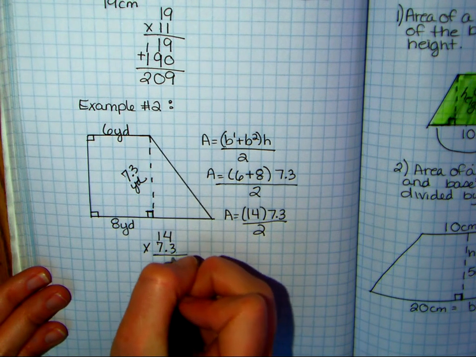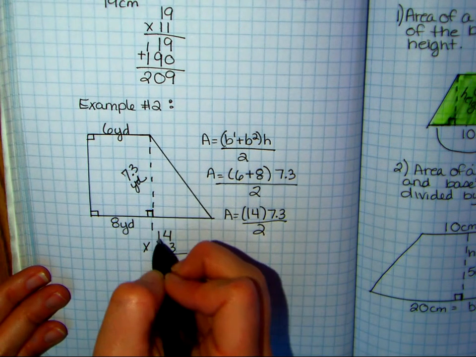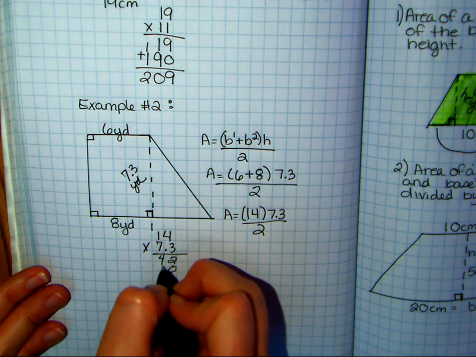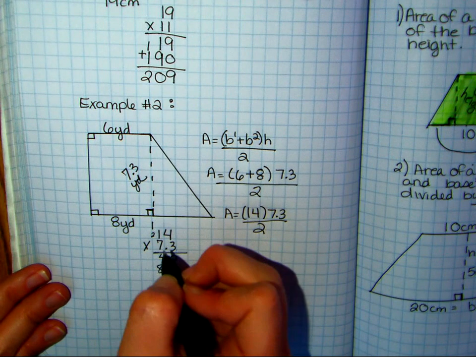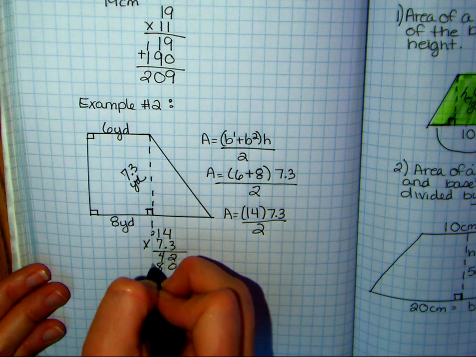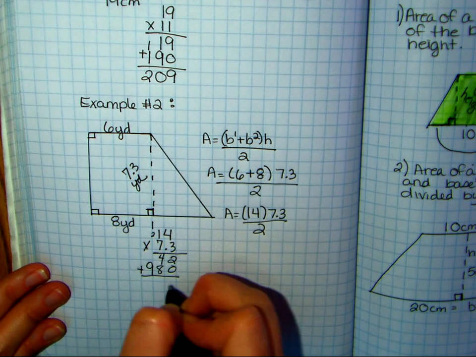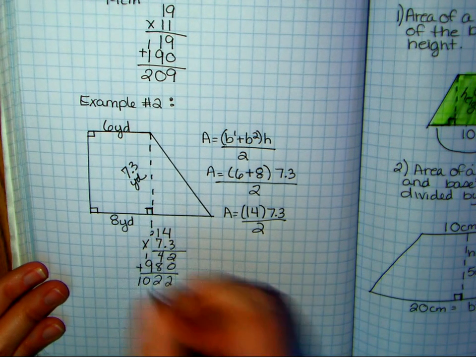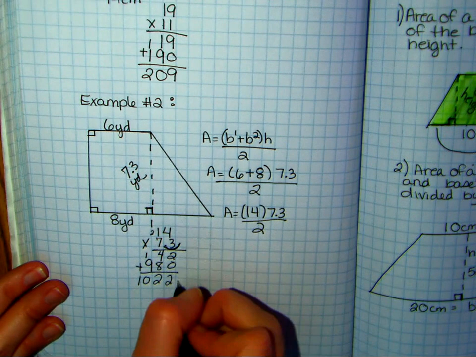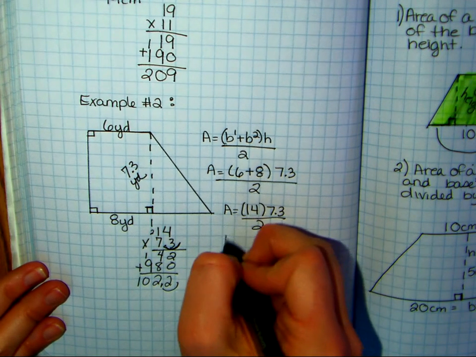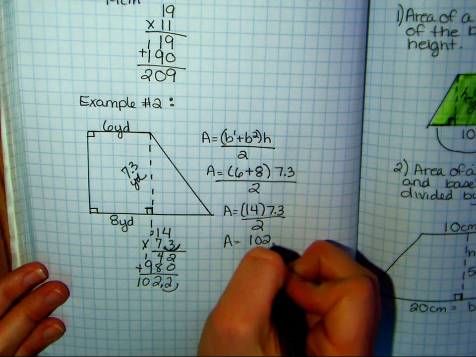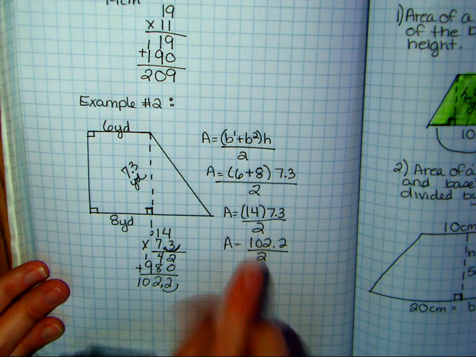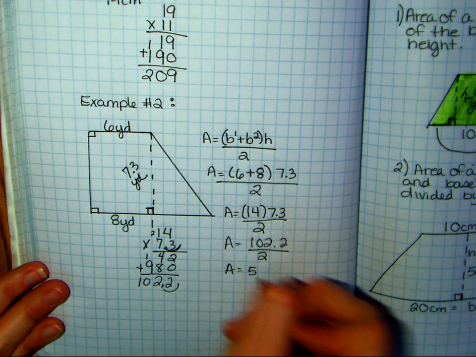I'm going to do my 14 times 7.3 here. 3 times 4 is what class? 12. Carry the 1. 3 times 1? 3. Plus 1? 4. Placeholder. 7 times 4? 28. Carry the 2. 7 times 1? 7. 7 plus 2? 9. Add it up. 2. Carry the 1. 10. We have 1 placeholder here, we're going to put that in. So now we have area equals 102.2 divided by 2. If I divide this by 2, 2 goes into 10 5 times. 2 goes into 2